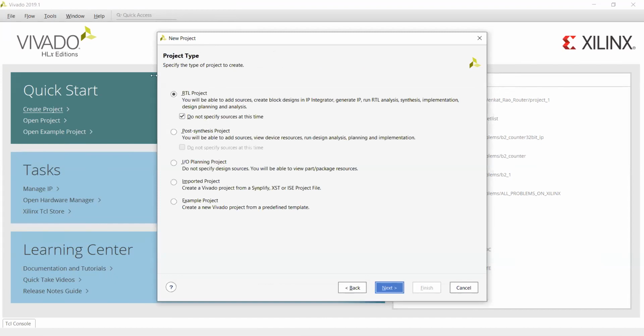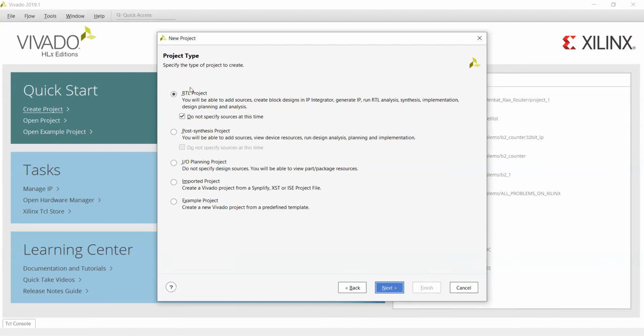Here they are asking about the project type. Type in the sense you are starting with RTL, register transfer level logic, because in the previous slides we mentioned that RTL is nothing but your Boolean expression. From a Boolean expression, you can draw the RTL circuit, like a gate level circuit.